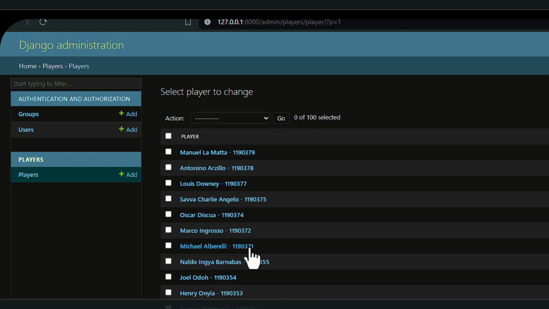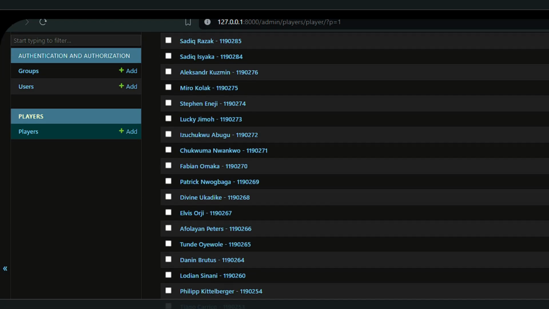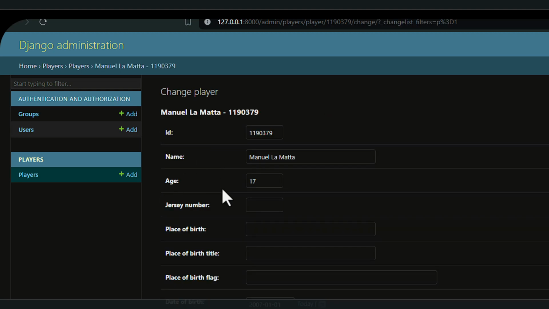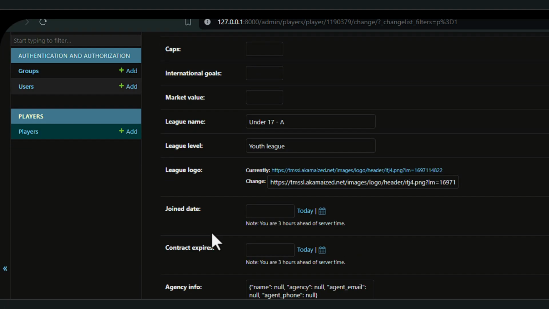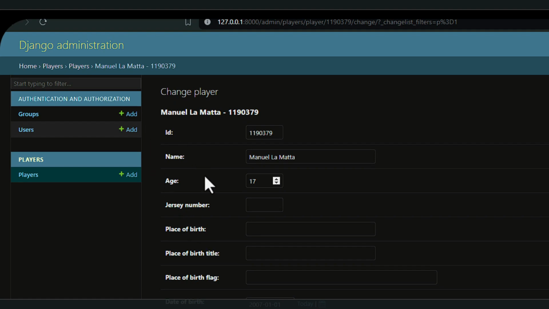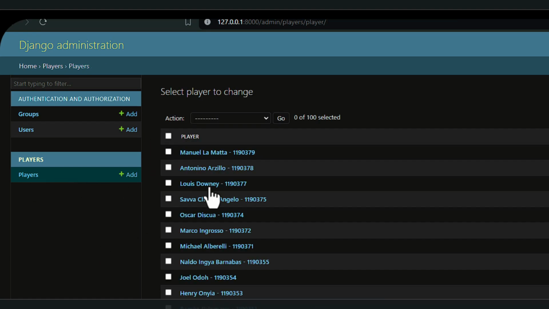So in the next tutorial, we are going to see how you can customize the admin panel. And ideally, I would like to sort this page by the player's market value and the caps. So players like Jude Bellingham, Foden should come at the top instead of the little known players. Like this one has an age of 17, and I'm sure the market value is quite low. You can see the league name is under 17, league level youth league. So in the next tutorial, we are going to see how we can customize the admin panel and also create some